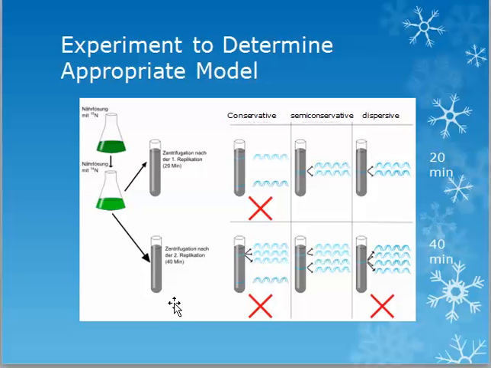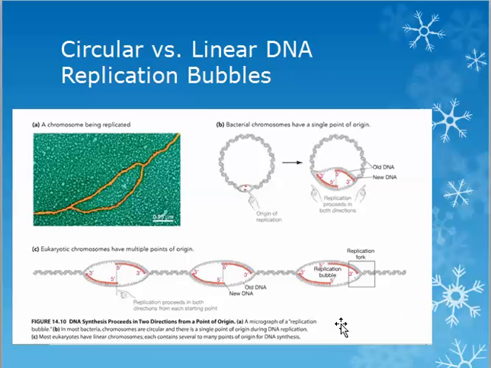nitrogen-14. The results after 20 minutes thus had a single band in the middle of the test tube, indicating the hybrid DNA. This eliminated the conservative model, which predicted two separate bands. The results after 40 minutes contained the hybrid band and a separate band that was less dense. This ruled out the dispersive model, which predicted a single hybrid band. In conclusion, DNA replication